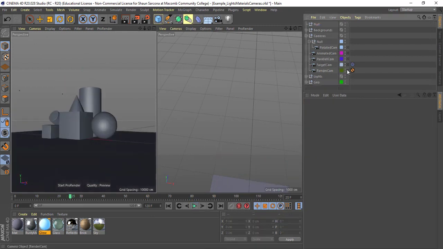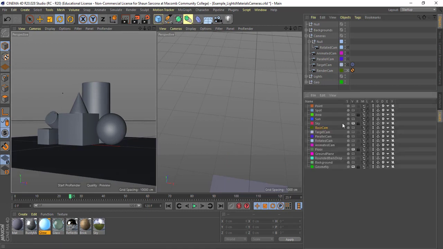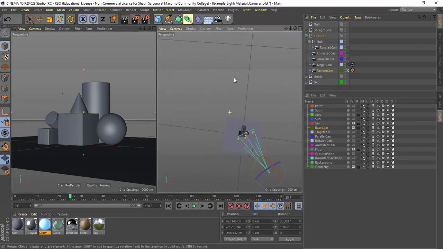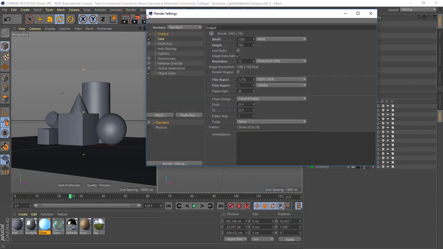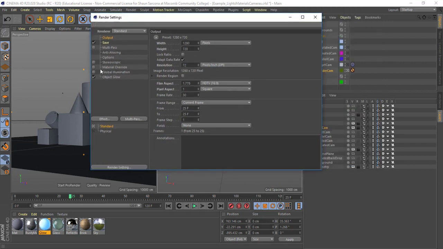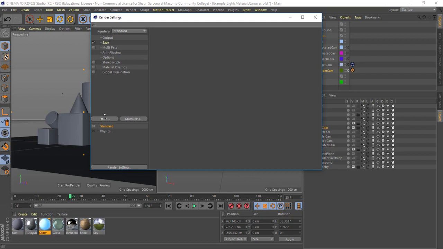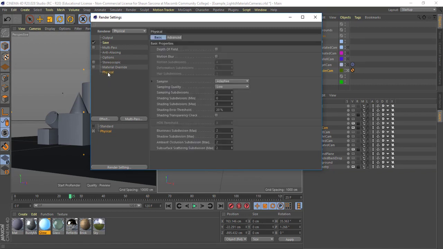All right, so let me jump back to my render cam, and I'll turn the render cam back on. There he is. All right, so now let's look at some of the other options. Under standard, you really get very limited options as to what you can do. I'm going to delete this object glow, and I'm going to switch this to physical. I'm going to turn global illumination off. I don't want that on at the moment. And I'm going to go into the physical settings, which is for the physical camera,